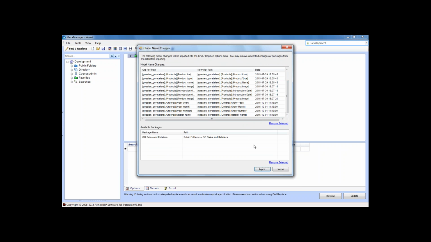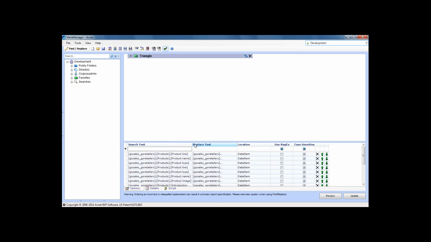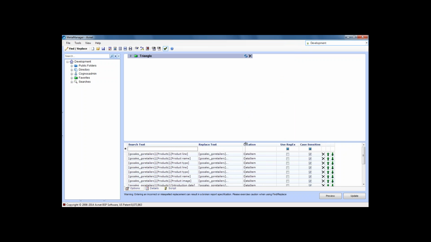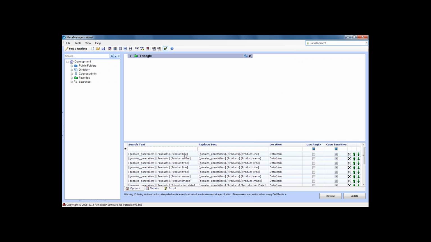So what I can do simply here is import them, but I don't want to run anything with regards to the package because I've already got the reports that I know I want to work with. So I'm going to simply import them from this position. And what you'll see down here is that it's got all of the various data items. It's got the replace that we want to do as well. So we're going to replace product line, product name, product type, and we're also going to change the order descriptions